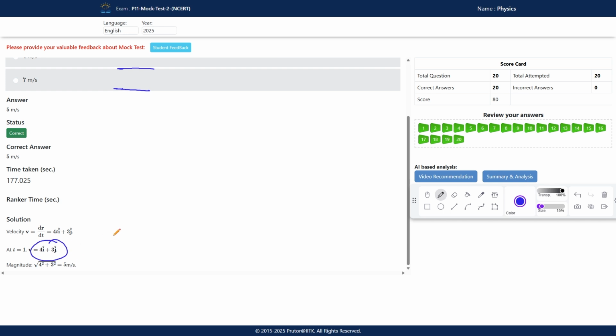So this is the x component. We know, suppose we have v is equal to v x component i cap plus v y component j cap. So here we have x component 4, this is square, and this is also square of y component. So to calculate the magnitude, this one is 4 square 16 plus 3 square 9, so it will be under root 25, means 5 meter per second.